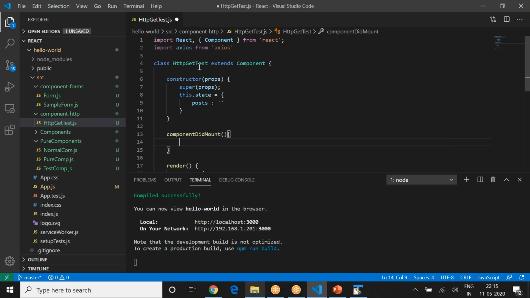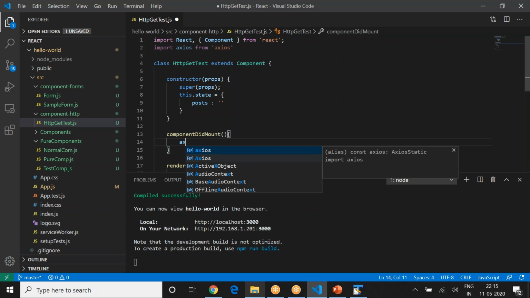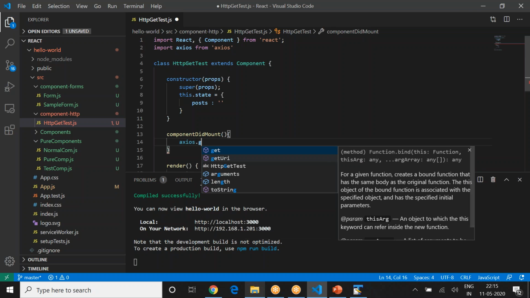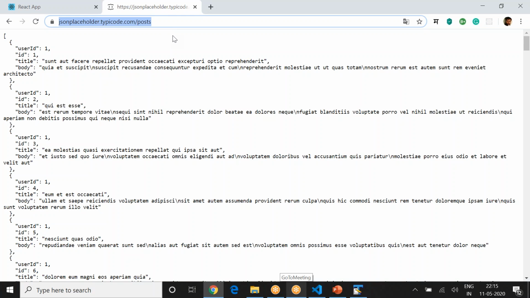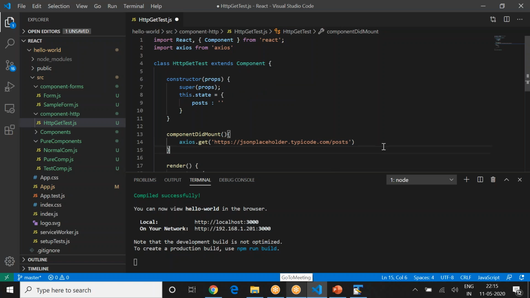In componentDidMount, we're going to do the Axios call. So how do we call Axios? It is very simple. We just say Axios dot get and provide the URL. Good with that? So go ahead and add that. So you just say Axios dot get method, and here you're going to call that particular URL. So now where is the URL? You can go here, copy this URL and put it in here. So this is your URL call.